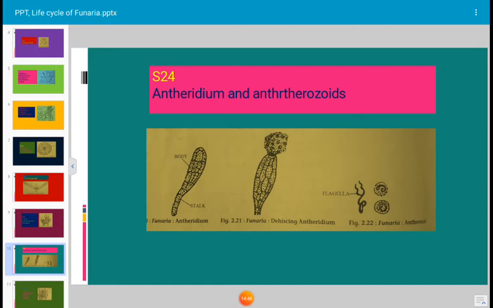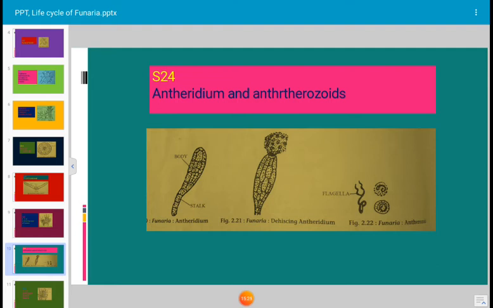The outermost sterile layer of antheridium is made up of cells known as the jacket layer, also known as antheridial wall. The chloroplasts of young cells, when mature, turn red or orange in color. Hence, the mature antheridia appear orange in color. The jacket layer encloses a mass of small cells which are called androcytes or antherozoid mother cells. At maturity, a few cells at the apex become large and thick walled, forming operculum.